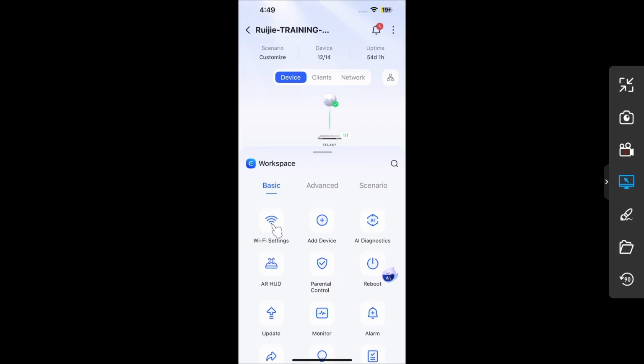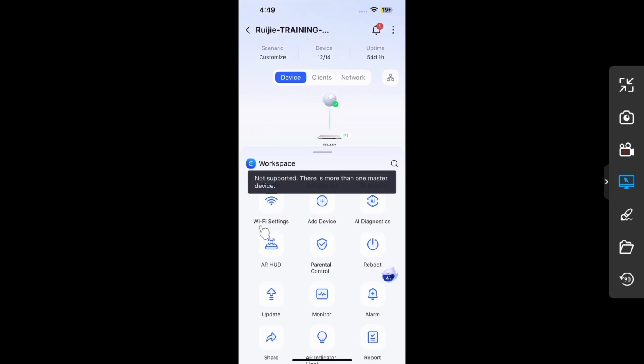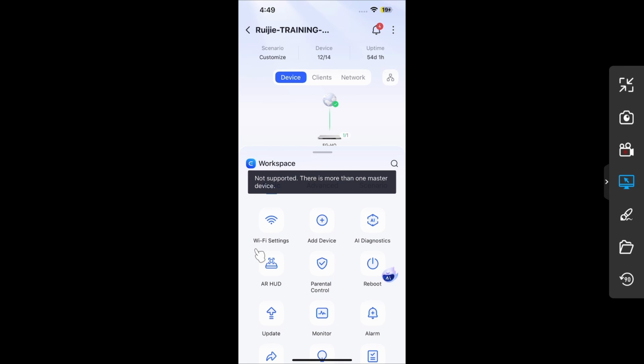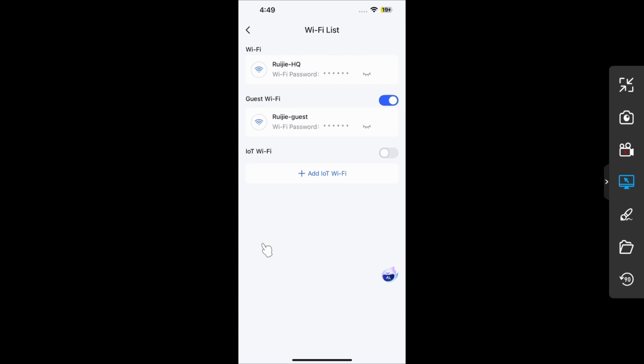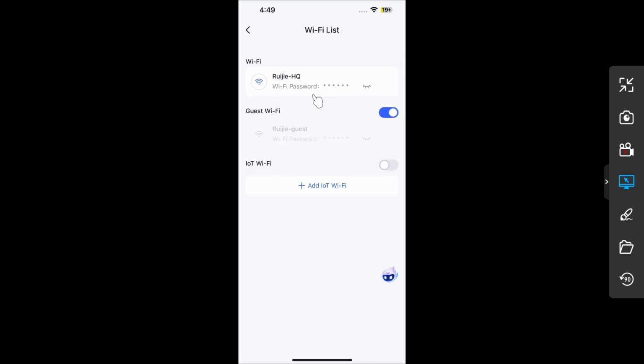So now in basics, if you want to configure Wi-Fi settings, for example, you will click on it, Wi-Fi setting, then you will see different options, for example Wi-Fi, guest Wi-Fi and IoT Wi-Fi. So you can configure SSIDs using this option, and